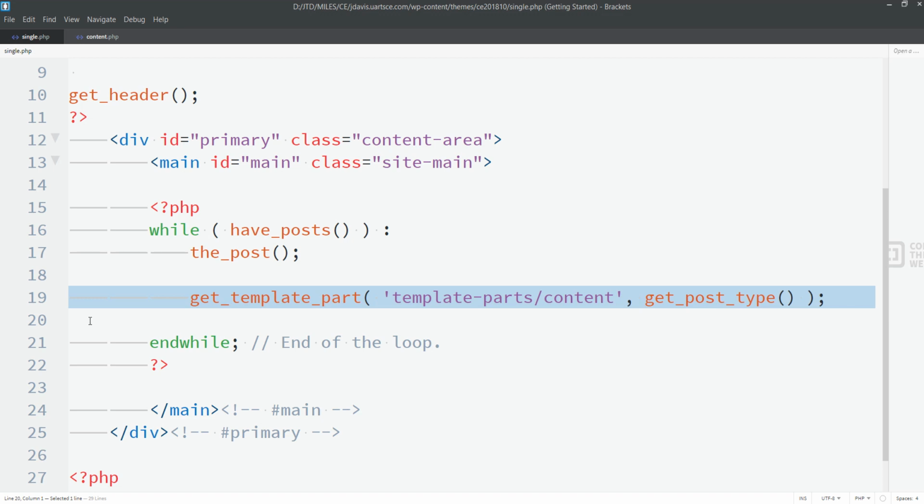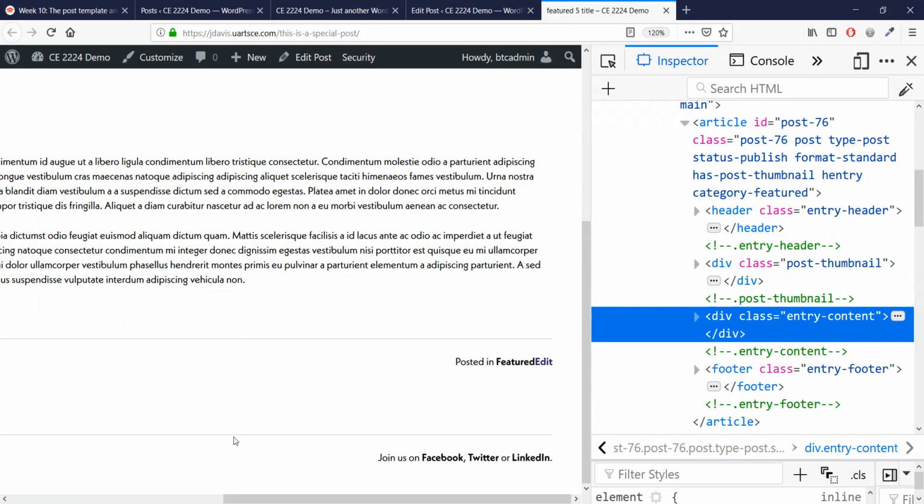This will enable us to only edit one file instead of editing 2 anytime we need to make some changes to this post